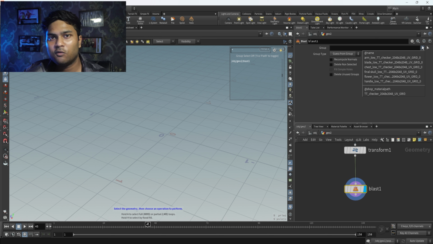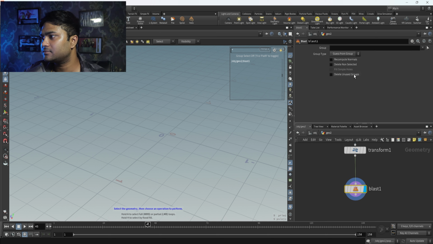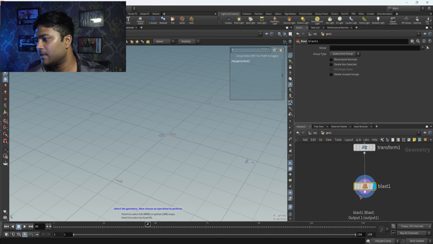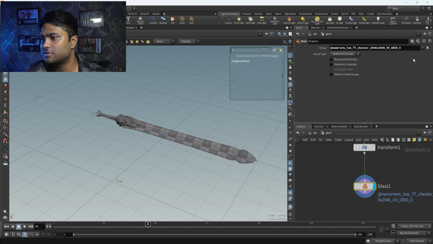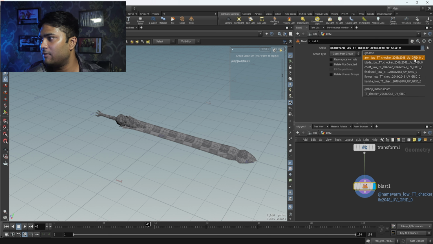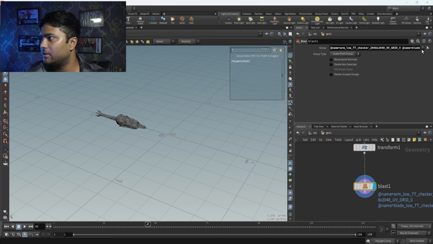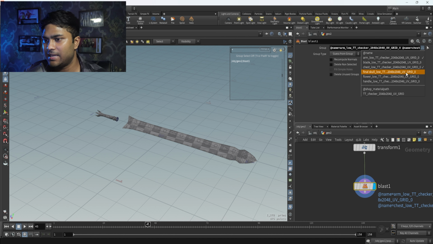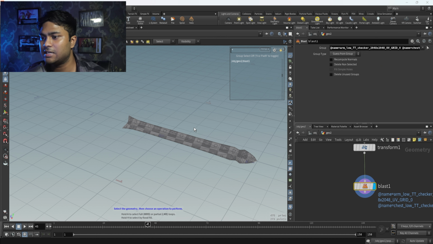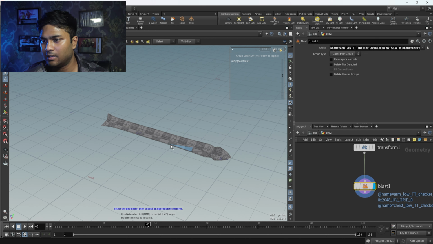If you don't know what a group is, or how you can create groups inside Houdini, go and see my earlier classes. In those I have told you what a group is and how you can make groups. After that you can see this class. Just hit the groups which we want to delete. For example, I want to delete the base area, so we can hit the group in which our base is visible like this, and you can see all my base area is going to be deleted here. As you can see, all of the base is removed, and now I am only getting the blade area of my sword.